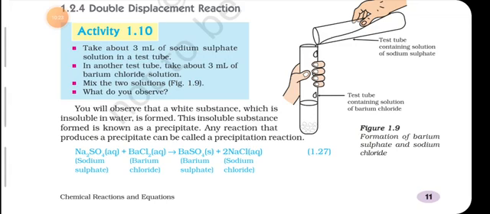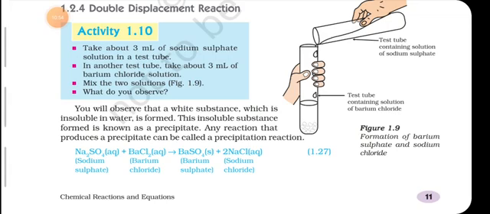Now students, you should know that the double displacement reaction is quite similar to displacement reaction. The only change found over here is that in a double displacement reaction, two atoms get interchanged between their original places, or they lose their identity, and this type of reaction is known as double displacement reaction.